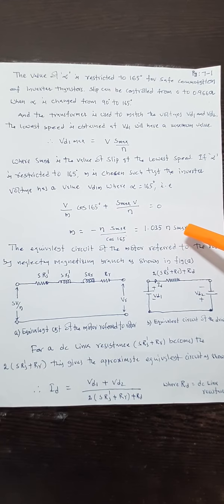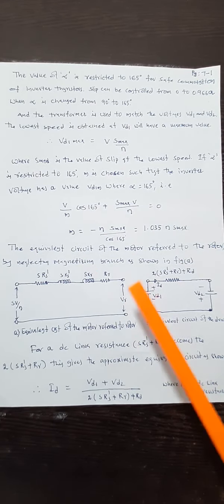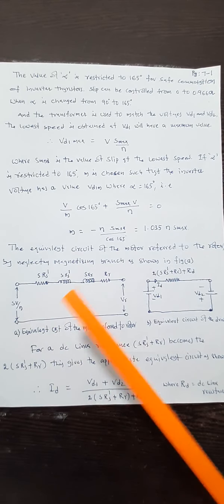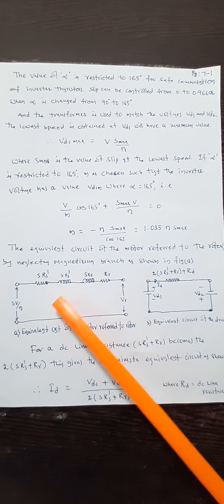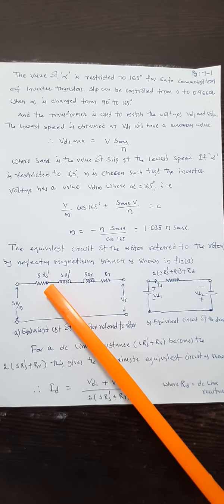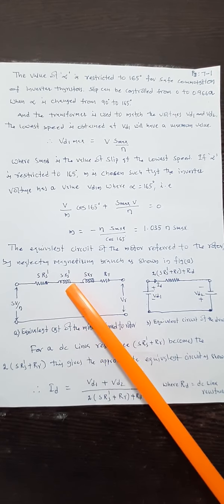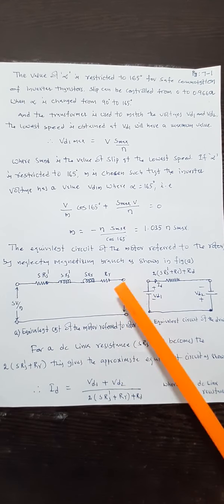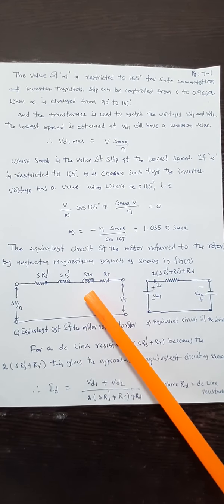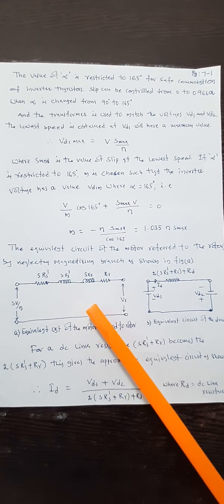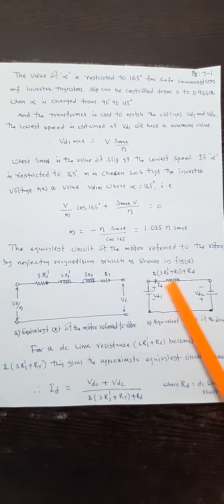The S maximum is to be getting here. So next, our further discussion belongs to the calculation of the current. The equivalent circuit of the motor referred to rotor, by neglecting the magnetizing branch. See here, by neglecting the magnetizing branch, these are the stator parameters, and these are the rotor parameters referred to the rotor side. For calculation of the current, the reactance has to be neglected,